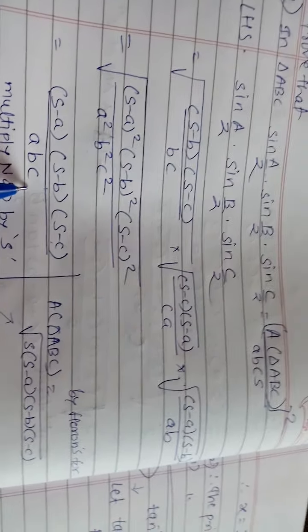लेकिन देखो हमें क्या चाहिए, that is area of triangle ABC का स्क्वायर हमें चाहिए. So you know the Heron's formula, that is area of triangle is equals to root s into s minus a s minus b s minus c. ये जो है वो हीरॉन्स फॉर्मूला है. सो हमें इसके साथ ये आंसर कंपेयर करना है.